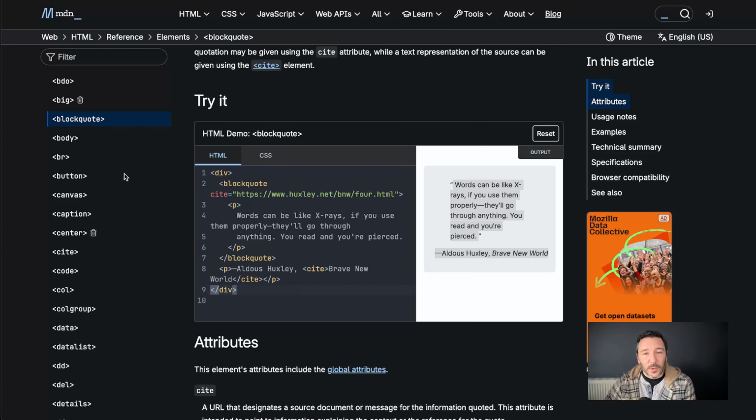So again, jump onto MDN. We're going to do that now. I'm going to show you what I've been learning, and then we're going to put together the review section for this website, and we're going to do it properly. Okay, so I took what was here and I ran off to Gemini